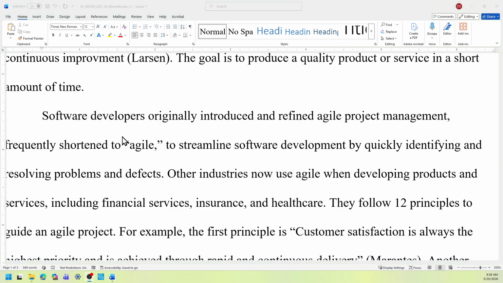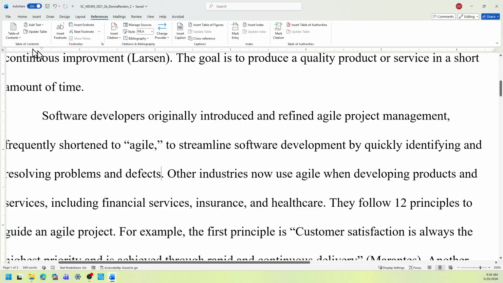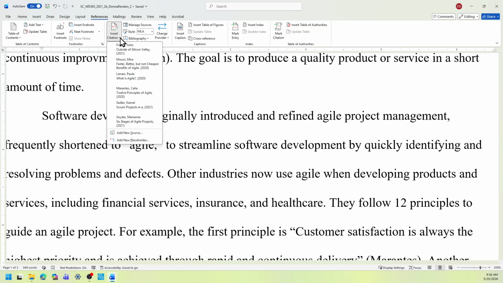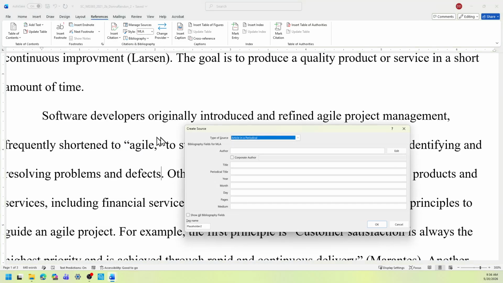To insert the website source, you're going to select the References tab or References menu. And this is the ribbon. So under Citations and Bibliography, you're going to select the Insert Citation drop-down menu. When you click this, there are already several authors created beforehand, but we are going to select Add New Source.